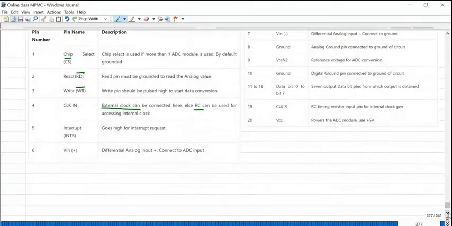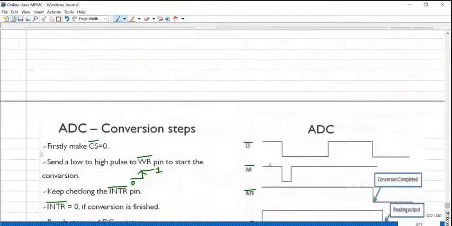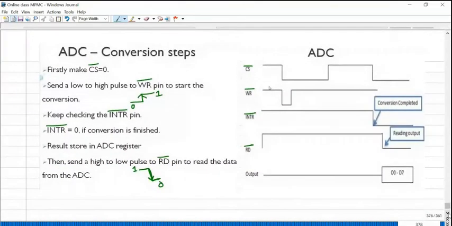Look at the circuit diagram for interfacing this ADC IC with the microcontroller. Before that, the steps for writing an assembly language program for this ADC interfacing. Chip select bar equal to 0. Next, start your conversion process.